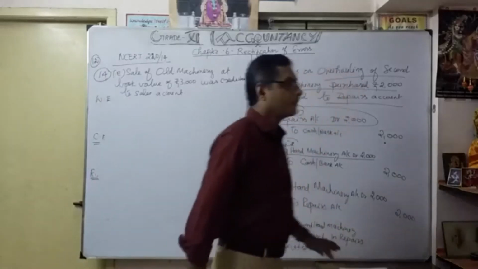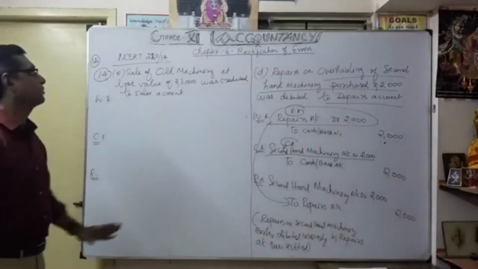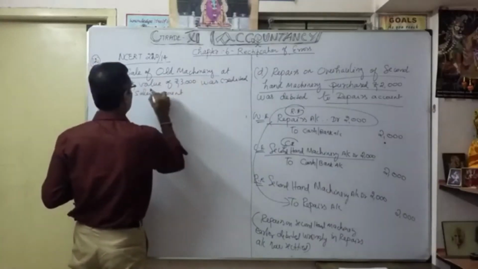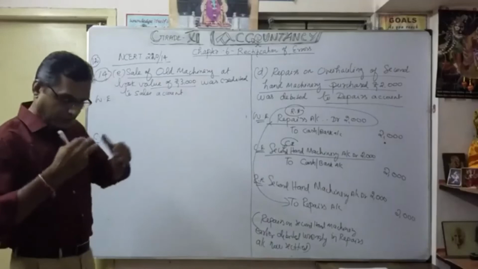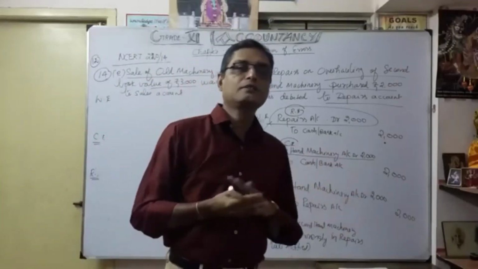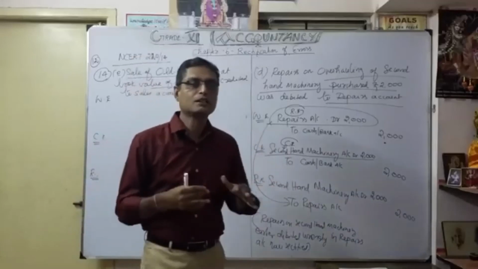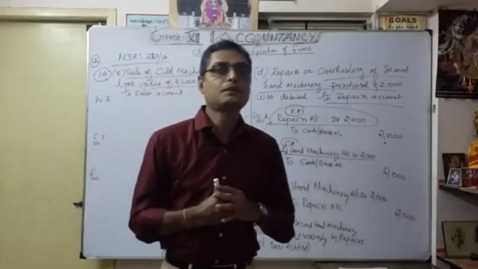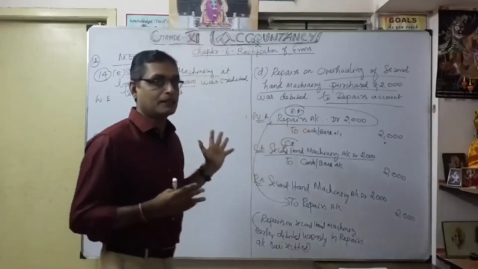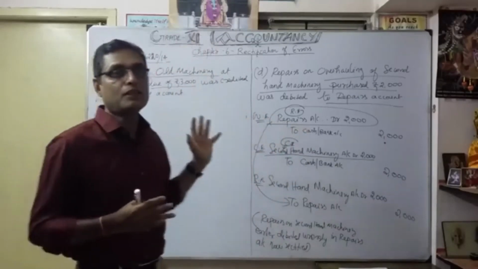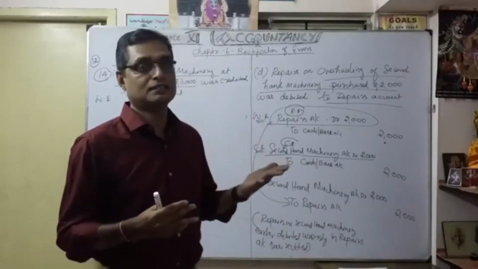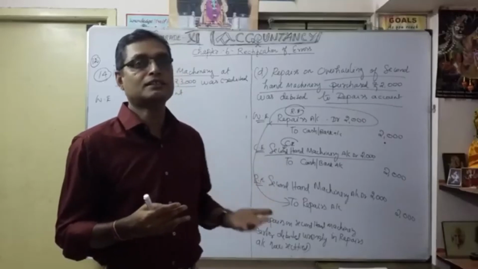Now let's see. Actually, sale of old machinery. So what did we do? Sale of old machinery at book value. So whatever the book value is, we only sold at that. Suppose it is less than the book value, naturally we know whether we sold at profit or loss. For further discussion, in the next chapter, depreciation, you can understand this very clearly. But here, what happened? Actually they recorded the sale of old machinery, but they considered it as a sale. Normally when a business is operating, they consider it as sales.